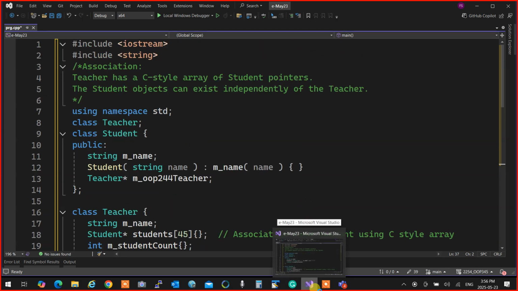So as you see, I have a class student. And the class student has a teacher pointer in it, right? So the student comes and goes, has nothing to do with the teacher. It just has a pointer. Like if you're going to say, who's your teacher? That's my teacher. You're just pointing at it, right? Why did I say OOP244? I don't know. OOP345. Anyways,